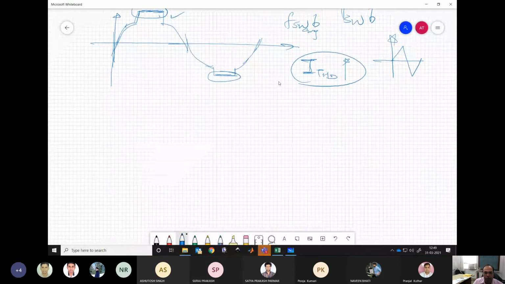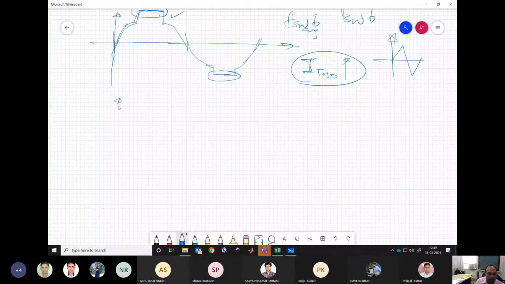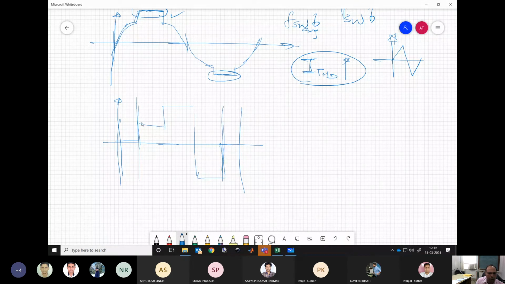For example, when you do that VRN or this current ripple analysis, what you will find is that this VRN is continuously changing. Something like this, or maybe if you take the error part, it is changing continuously its position and sign and all that, and that is how your ripple is maintained.